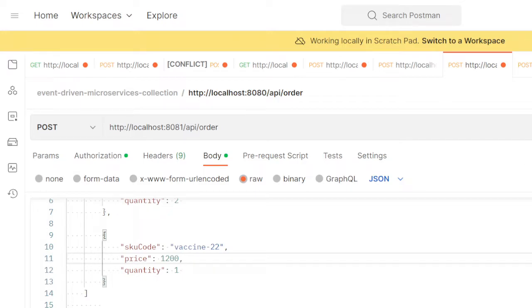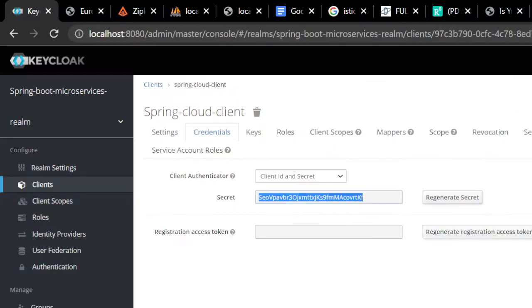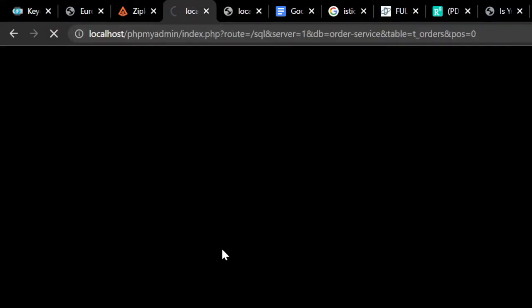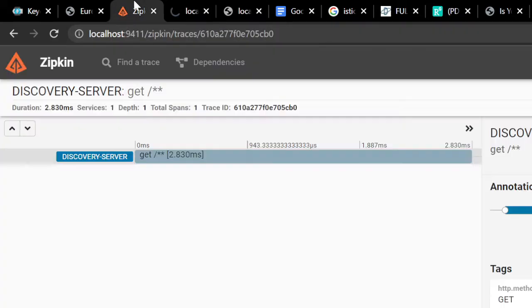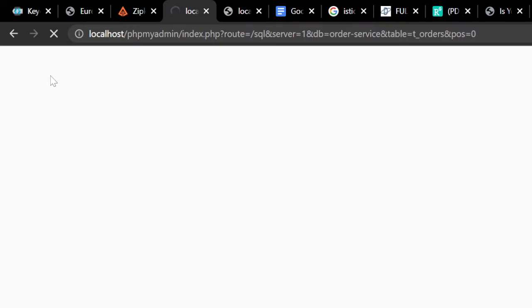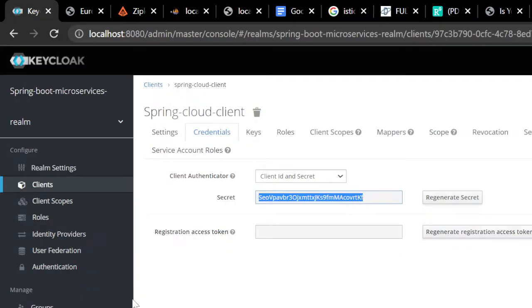So an order has been placed. That's another order. I need it to be persisted in the database. Let's say maybe you can go to our database, so our order service database, where the order service microservice is persisting the data. So before, as we wait for MySQL to load up, I've already demonstrated we have now